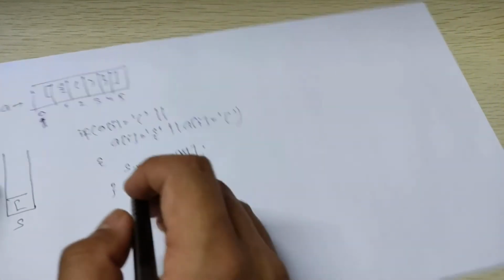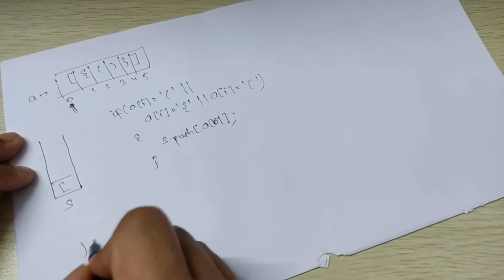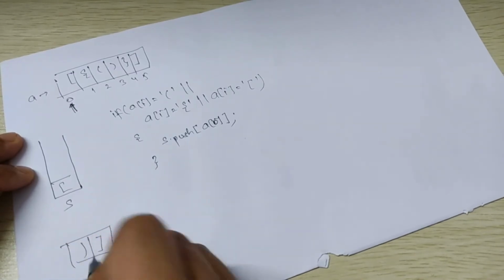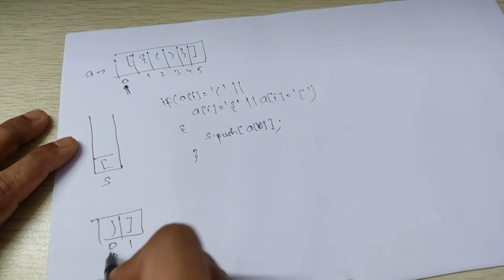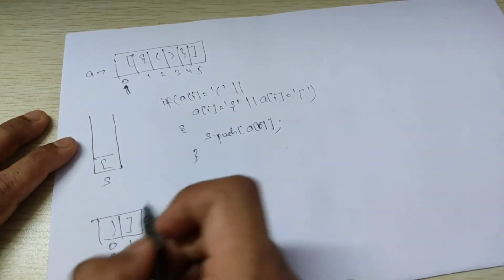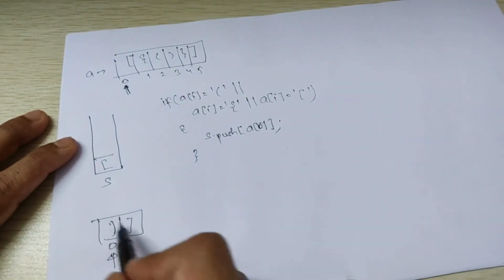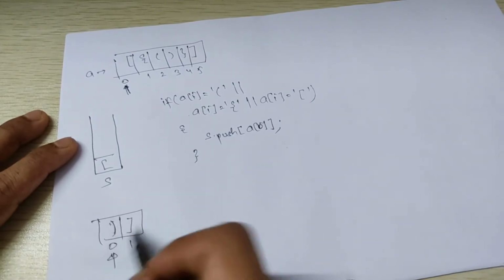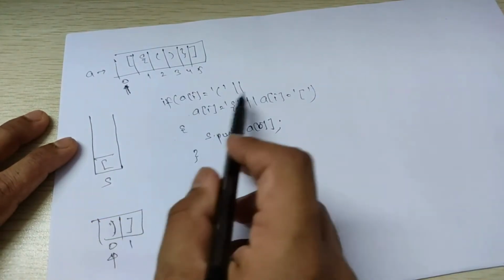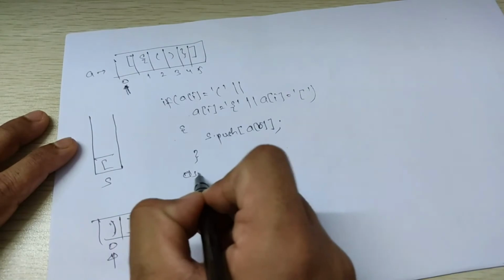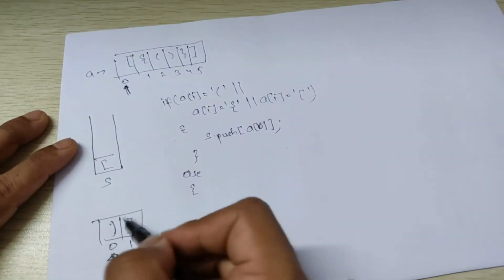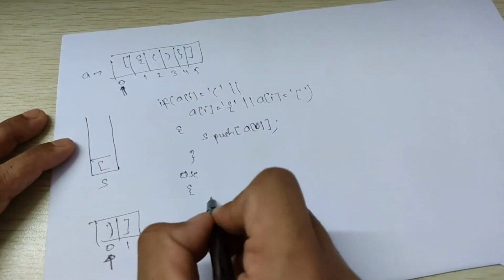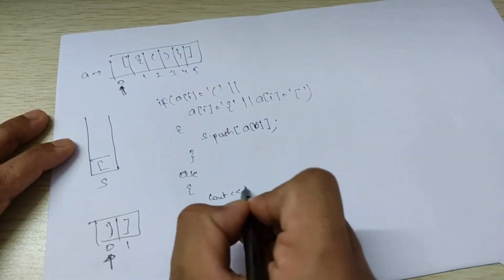So you found an opening square bracket, you push it into the stack. Fine. Now suppose this is the string given to you and you came to the 0th index and you see that this is not checked. So as you can see, this is not a balanced expression. None of these conditions will be satisfied. So even the starting point is not a condition that has to be followed. So you can simply say this is not balanced. You don't need to check further.